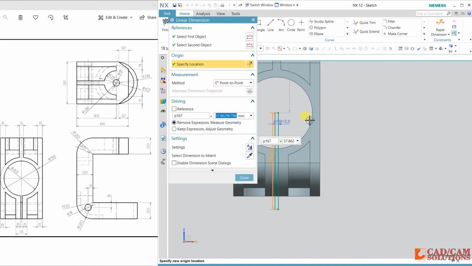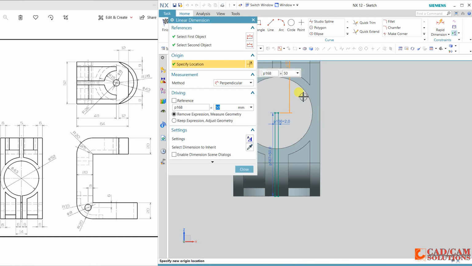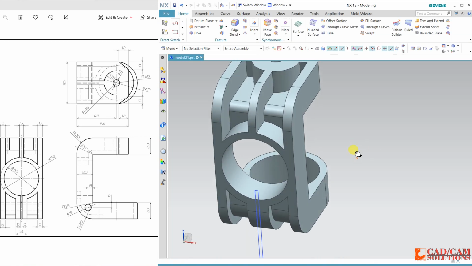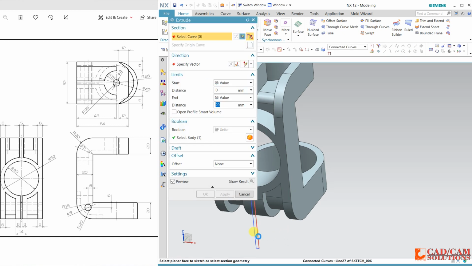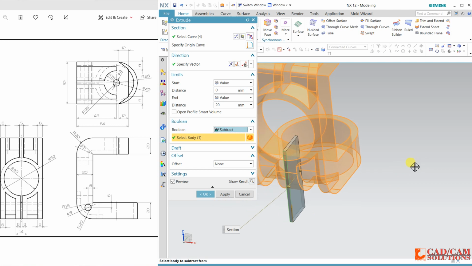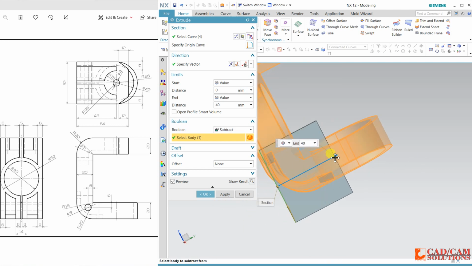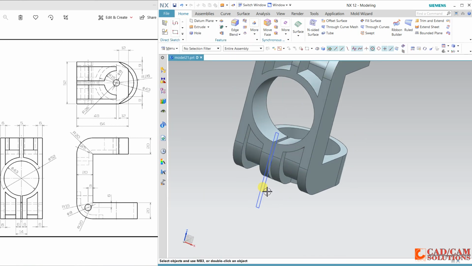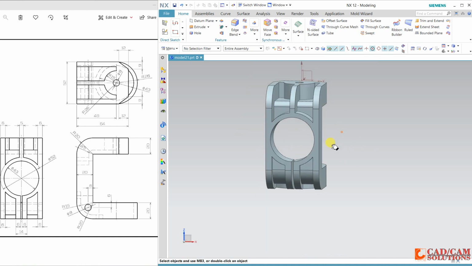This length doesn't matter, so define whatever you want. It must cut properly. Now extrude this rectangle in reverse direction with subtraction and up to this hole. See, from this face.